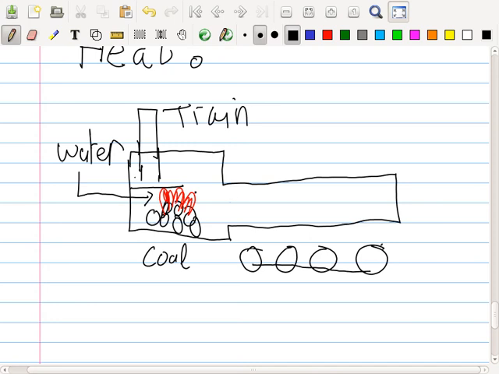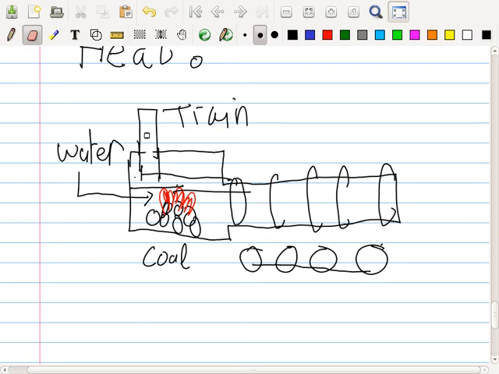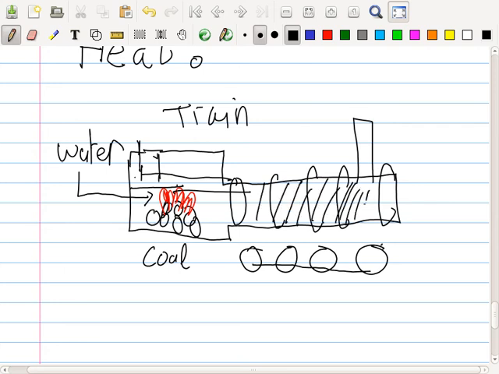And the steam pushes the wheels. If you look at the old trains, there's this big part in the front. I think this is where all the steam is. So actually I shouldn't have drawn this here, sorry. It should be here. The steam goes in here, and what happens when the steam's in here? There's lots of steam in here, and then the steam pushes the wheels around, and then it exits.